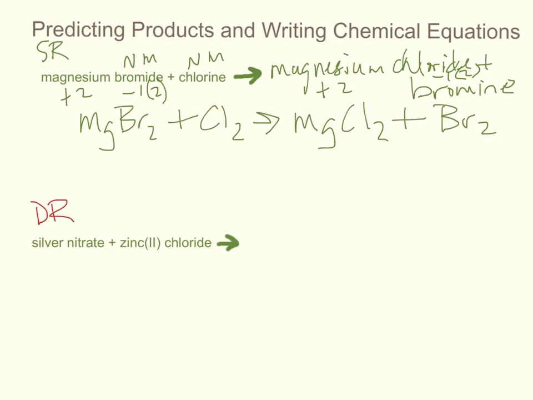If I have silver as a positive cation and nitrate is the negative anion, zinc again is the positive metal ion, chlorine is the negative non-metal ion. So again, opposites attract. So silver wants to get with chlorine and zinc wants to go with nitrate. Alright, so I'm going to change my ink color here. So what we come up with is silver chloride